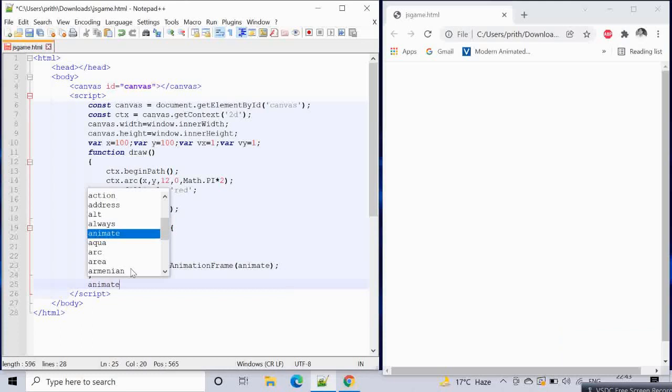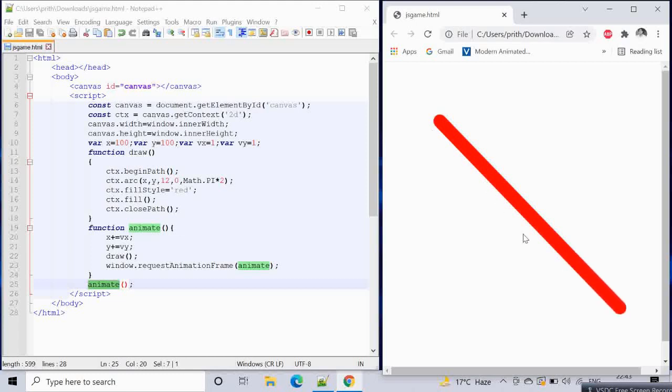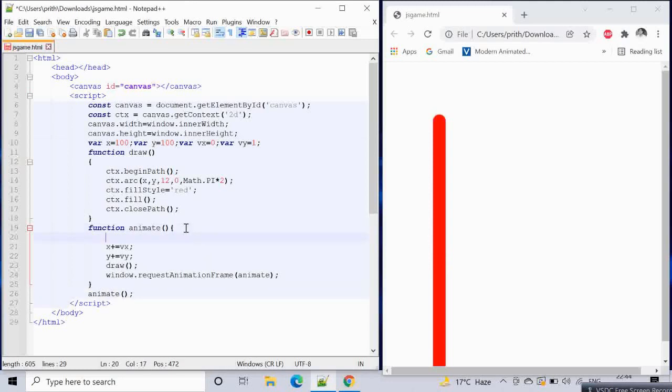So basically if you do this, first of all we will have to call this animate function. We will be calling this animate function, and can you see the circle is moving in a particular direction. If we put vx equals 0, you will see it's moving in this direction. Now it's like falling, but it's leaving a trail behind, and we don't want that.